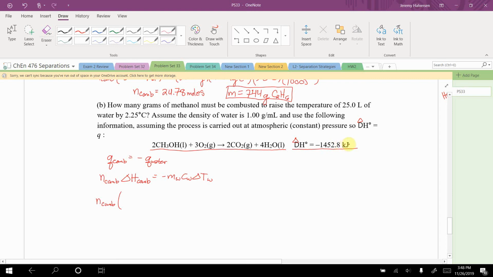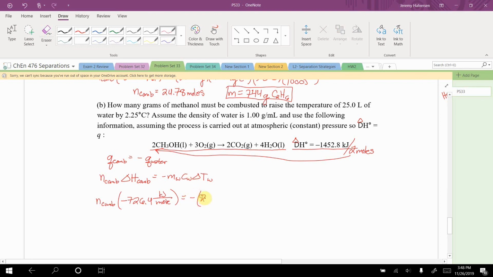No. It's negative 1452 kilojoules per 2 moles because I'm burning 2 moles. I want it per mole though, so I'm just going to do negative 1452.8 divided by 2. And that gives me negative 726.4 kilojoules per mole methanol equals